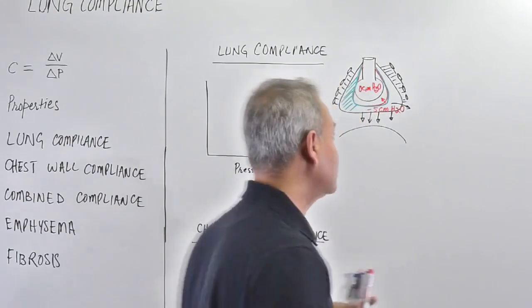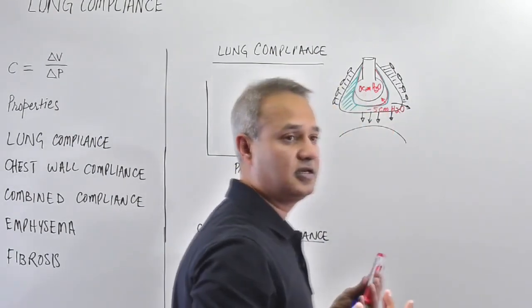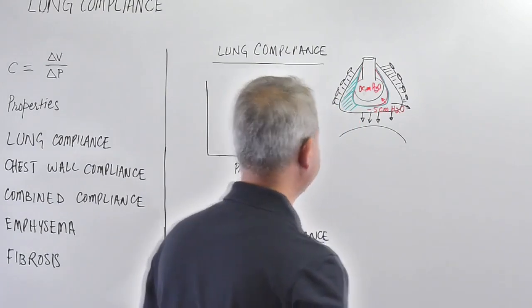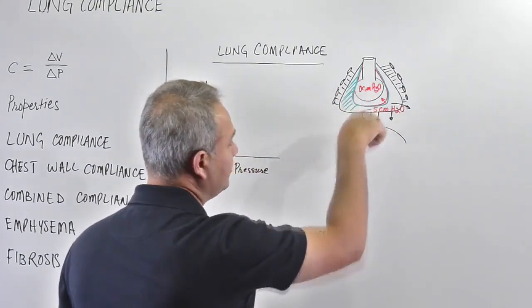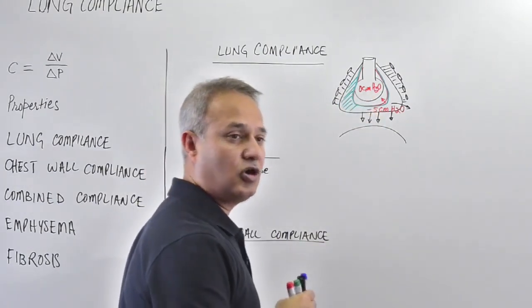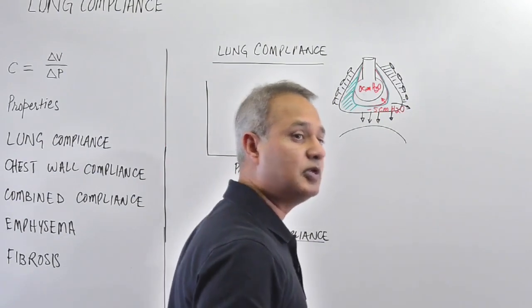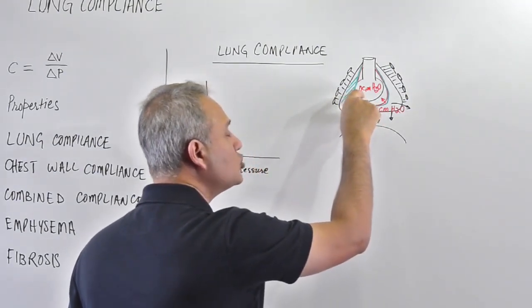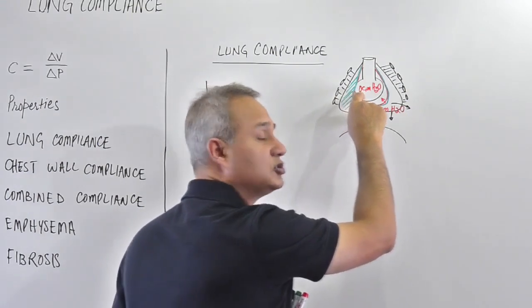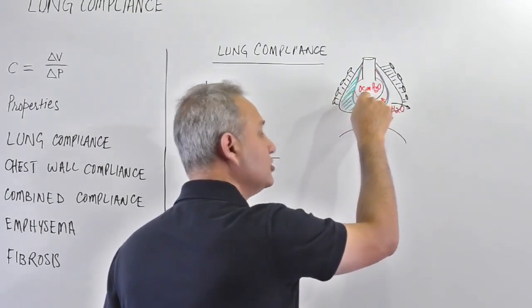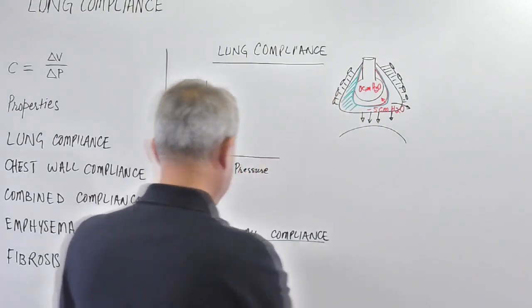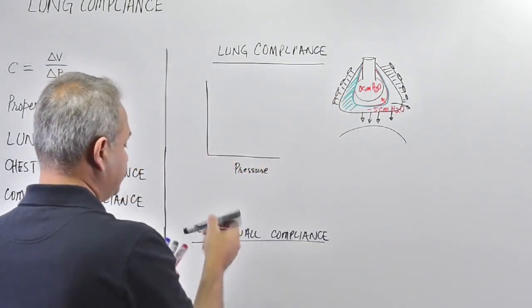The difference between these two pressures is called the transpulmonary pressure, or it is a pressure that is transmitted through the lung tissue and is applied to the alveoli or the air inside the alveoli. So what is that pressure? If I make that here,